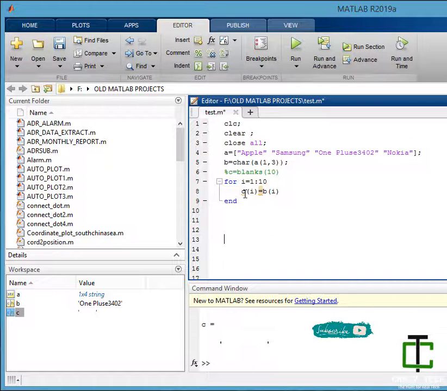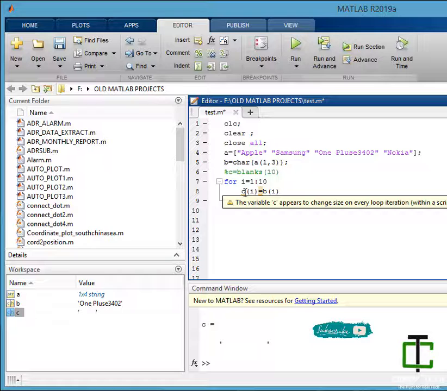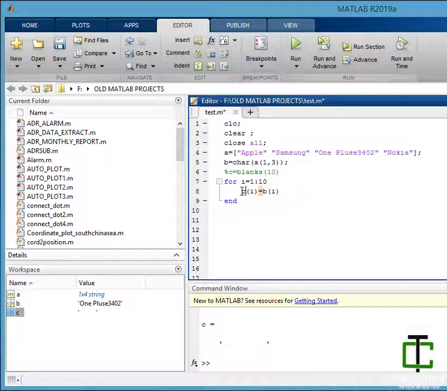The size of c is going to change in every iteration dynamically. So it will decrease my processing speed, dynamically allocating memory for a variable while executing the for loop. So it is good practice to initialize a variable before using it inside a loop.